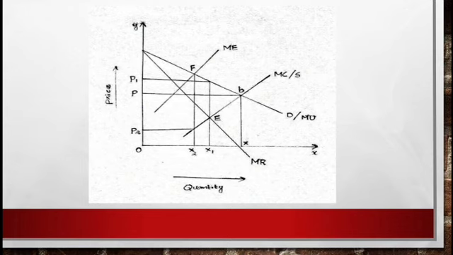Here, the monopolist chooses OP1 price and the monopsonist fixes OP2 price. So in this market, bargaining between buyer and seller takes place. As there is only one buyer and seller, they have to come to a compromise. So they will take an amount in between their choices. There is a point where demand equals supply, that is at the point B. The monopsonist will agree to buy the commodity at price OP and the monopolist will agree to sell OX amount of commodity for the price OP. So it is a simple representation of bilateral monopoly.